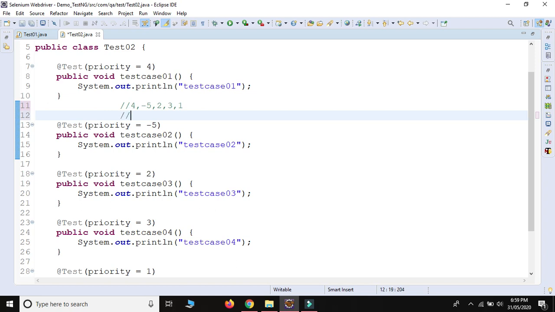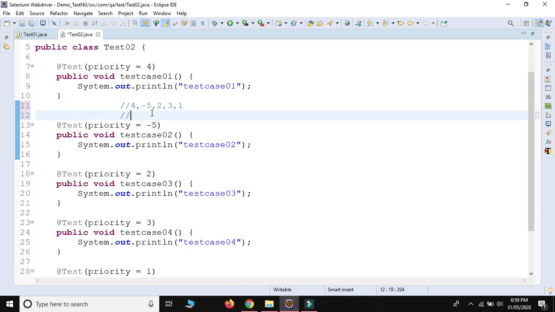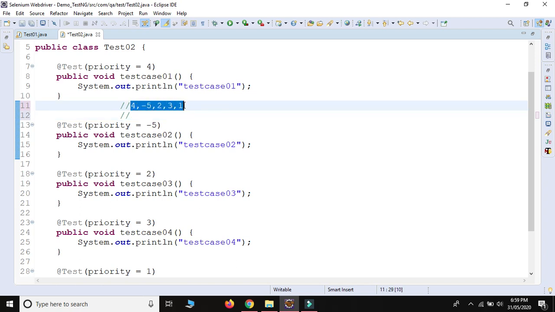See guys, focus on my words. After taking these 5 priorities, it will arrange them in ascending order, and in ascending order the minus value will come first, because a minus value is less than 0. Among these numbers, the smallest number is the minus value.